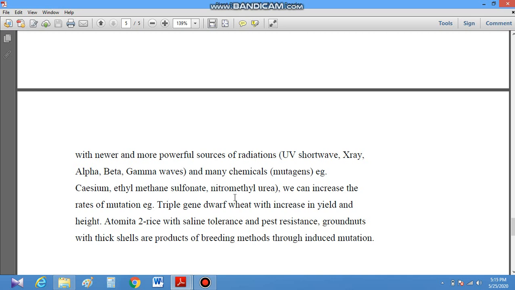In the case of cross-pollinated populations, a greater degree of heterozygosity is there, so the selected mutant should be allowed to inbreed for 6 or 7 generations to create homozygosity. If they breed true, then they can be used as a mutant genotype and can be released as a new variety. So in this way, mutation breeding is also helpful for the improvement of crops, and it is another method of plant breeding, a crop improvement method. Thank you.